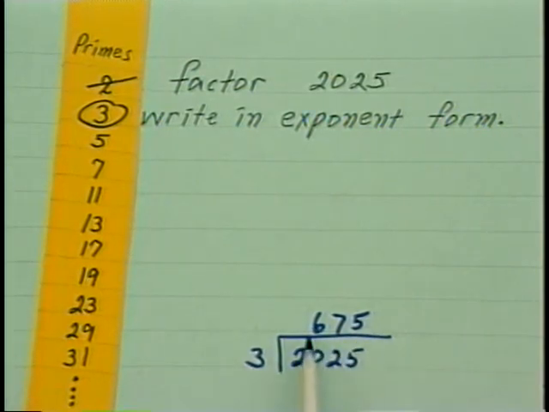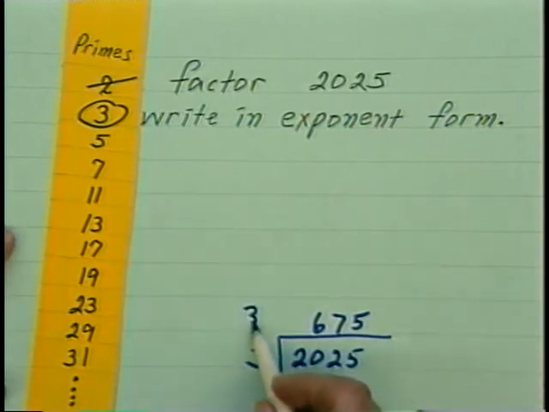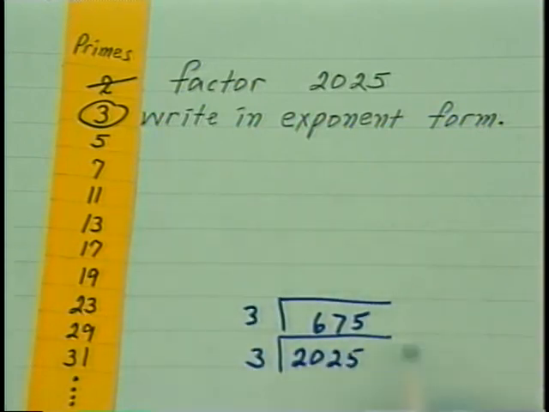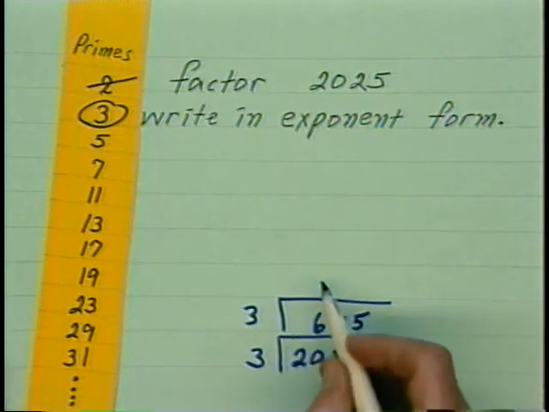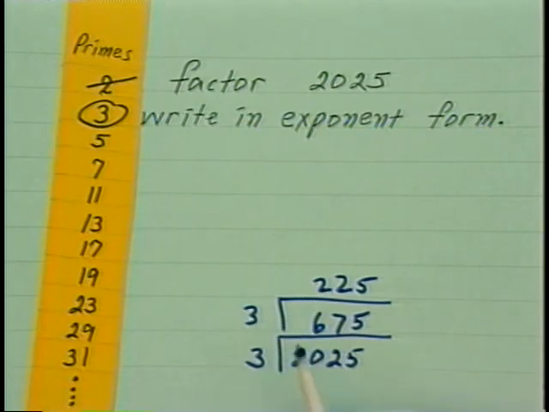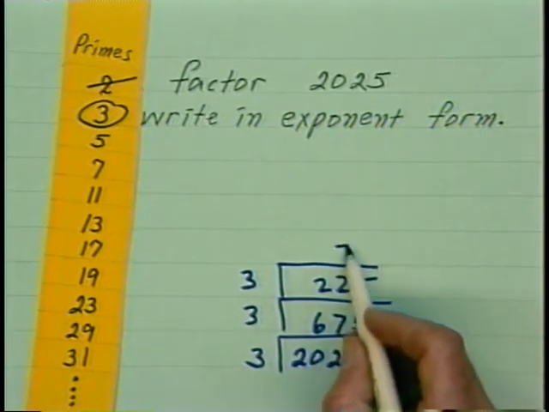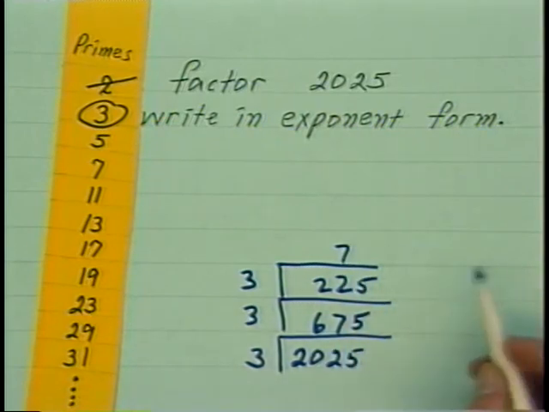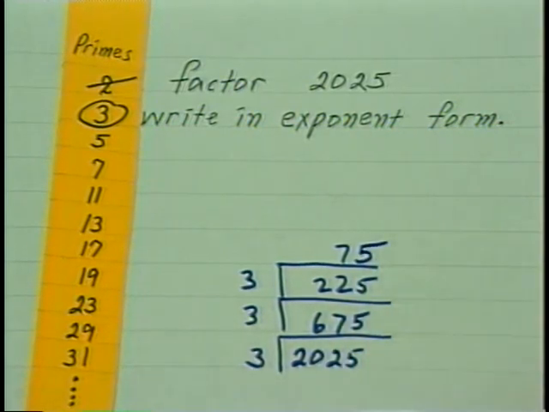Well, using the divisibility test again, 6 and 7 is 13 and 5 is 18. 3 divides that. So 3 divides 675. Doing that, we get 225. Will 3 work once again? So we stay with the same prime divisor until it will no longer go into the last quotient. In this case, 3 goes into here, 75. Again, we see that 3 will still go into